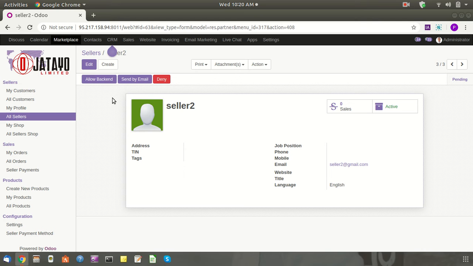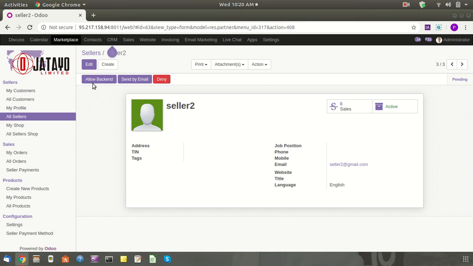Until the admin gives permission for backend access, this particular seller or any seller can't access the backend of the company. So the company can deny this seller, or allow the backend and send the instruction directly from here.